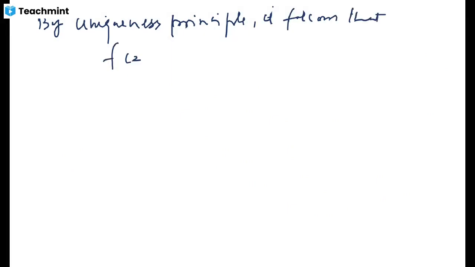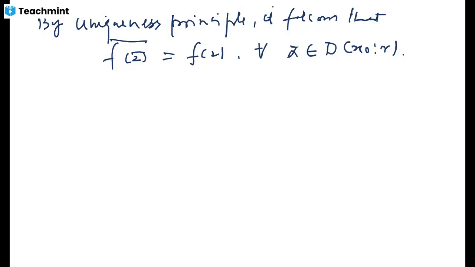ये आइडेंटिटी थ्योरम जिस नाम से भी आप जानते हैं उसको, by uniqueness principle it follows that this function f(z) conjugate whole conjugate is equal to f of z for each z in this disk D(x0, r). Okay, ये आइडेंटिटी आपके पास। Now what we are going to do, we are going to extend